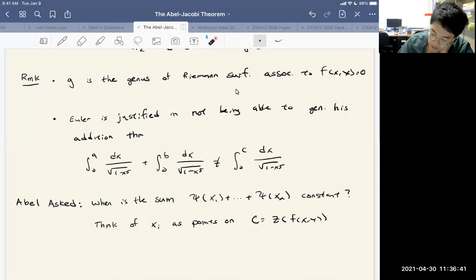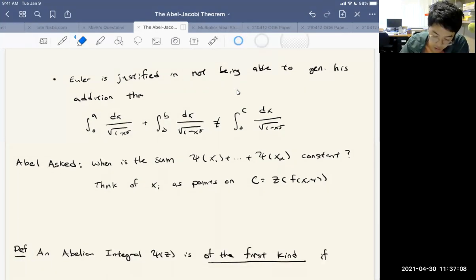It's a little bit confusing, but now I'm thinking of these independent complex variables as points which are moving around on my curve. And I'm asking, when is this integral here constant? So the answer here